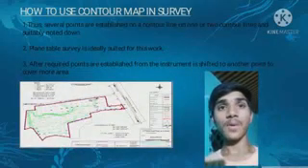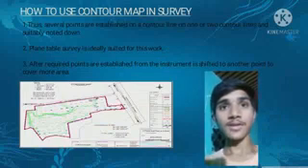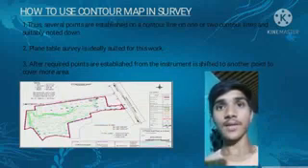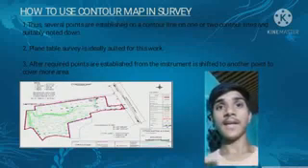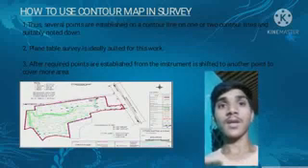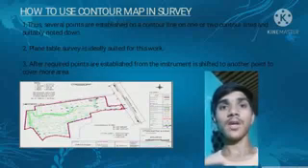How to use a contour map in survey? Several points are established on a contour line, on one of two contour lines, and suitably noted down. Plane table survey is identified as suitable for this work. After the required points are established, the instrument is shifted to another point to cover more area.